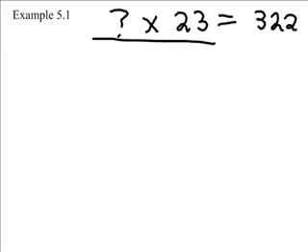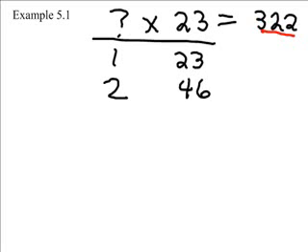That is, we start with 1 and 23 and we double both columns. But this time we're going to be keeping our eye on 322. And we're going to stop the doubling process when the number in the second column, should we double it, would be higher than 322. So next would be